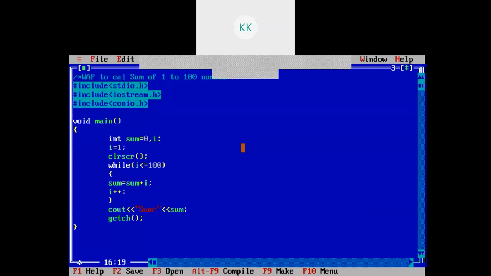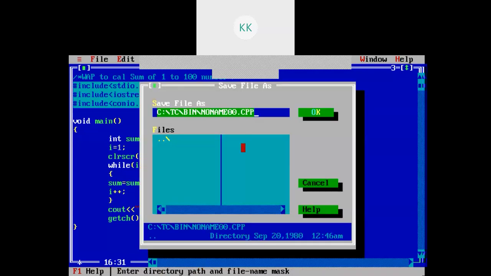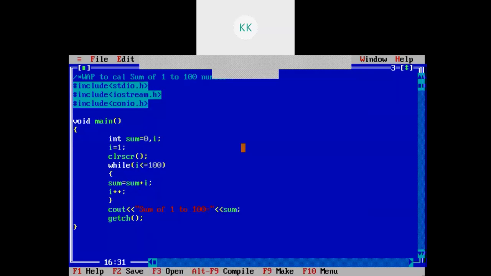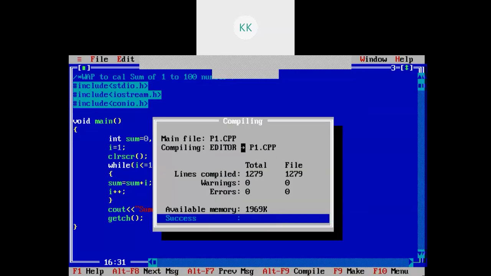Or if you want more specifically, sum of 1 to 100 equals to sum. I will save it, P1, and run it. Control F9. So it gives us an answer like this.